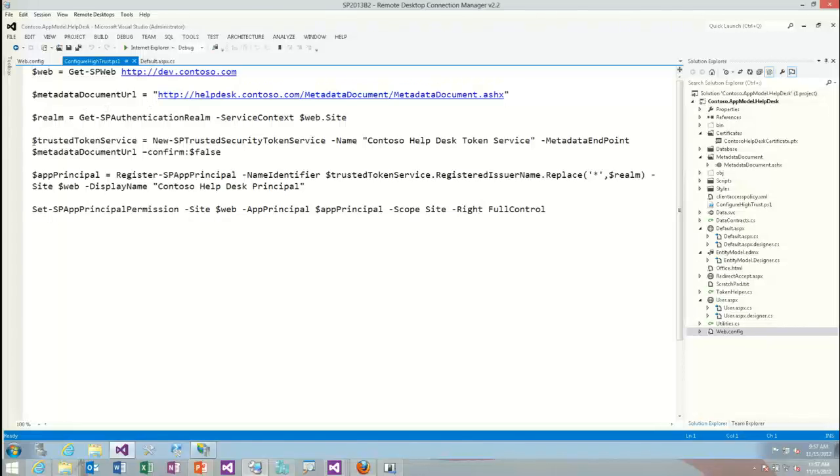Right? If you mess this up, and you will mess this up, when you run it again, you may not use the same name you used here. You must use another name. I think by the time I was done with this, I was up to like 97 or 98 in my naming convention. The next thing you have to do is register an SP app principal using the web and the